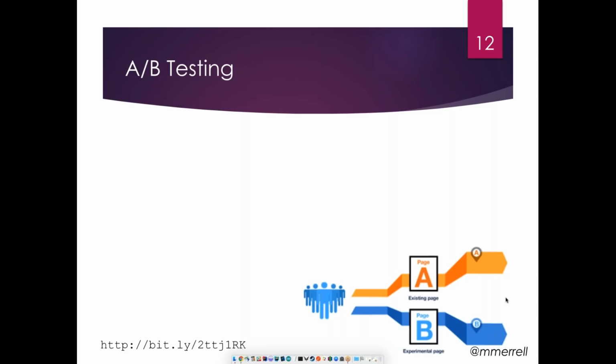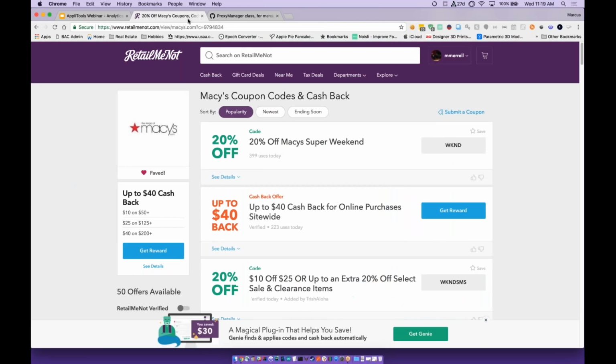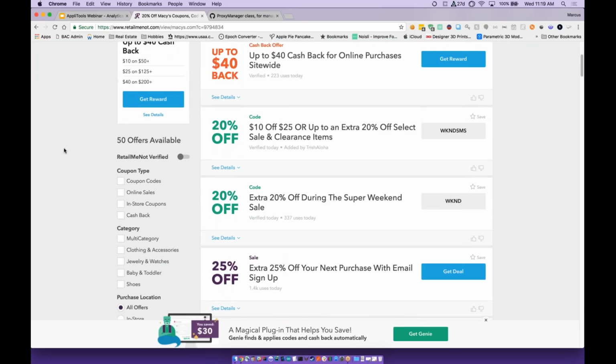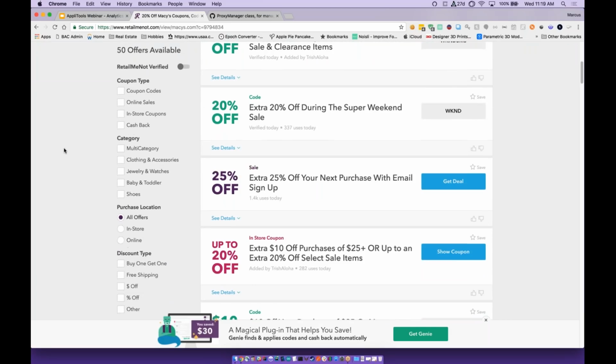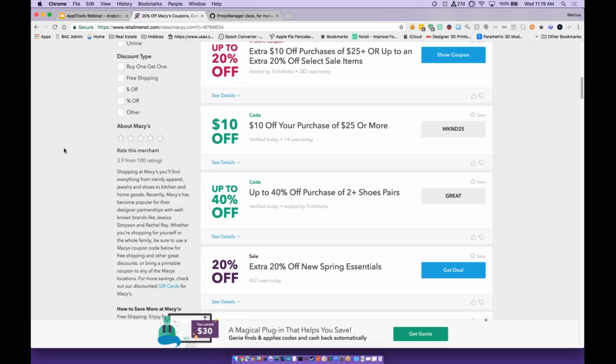So I think it's good to explain what it is exactly, which is you take your software, your base software that you're running right now. I will actually go to Retail Me Not at the moment, and I'll show you what our page looks like. This is the main Retail Me Not Macy's.com store page. There are offers all over the page. This page has changed a lot over the last 6 years.